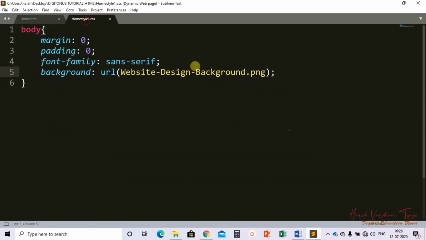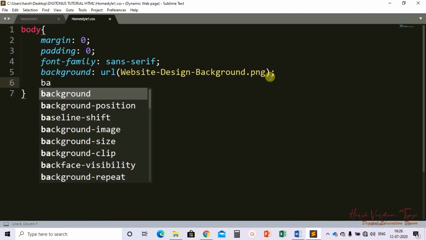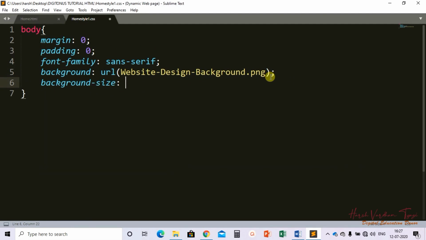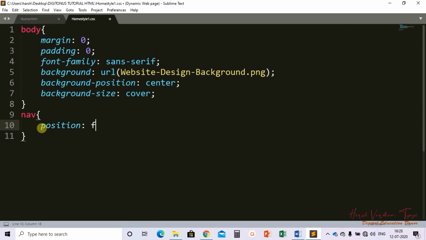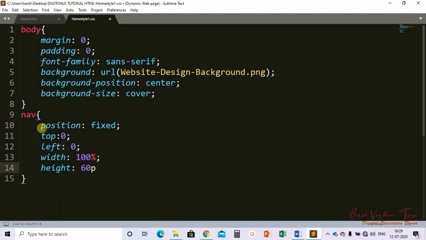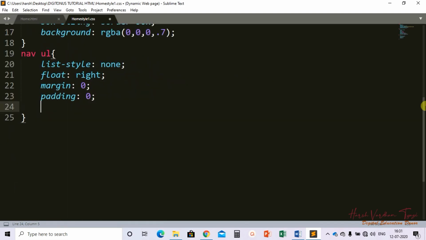So we need to add two more properties, that is background size, and background position, it should be fixed. Why am I keeping it fixed? Because I don't want my navigation bar, the tabs on the navigation bar, to go up and down along with the scrolling of the web page. Fine. Top as 60 pixels, 10 pixels and 90 pixels, padding 0,